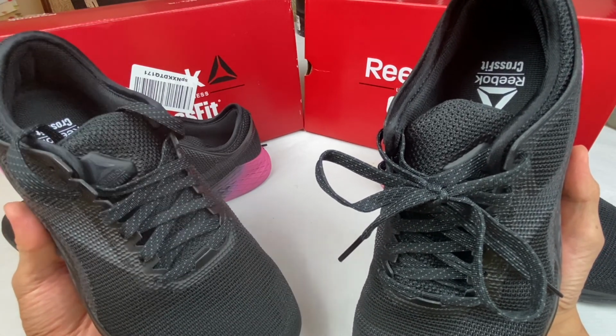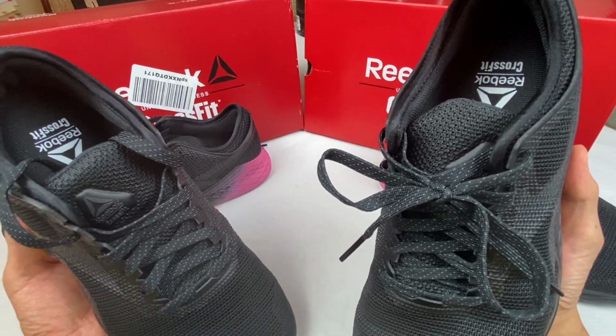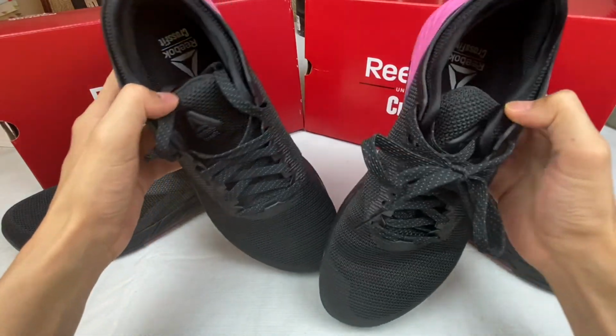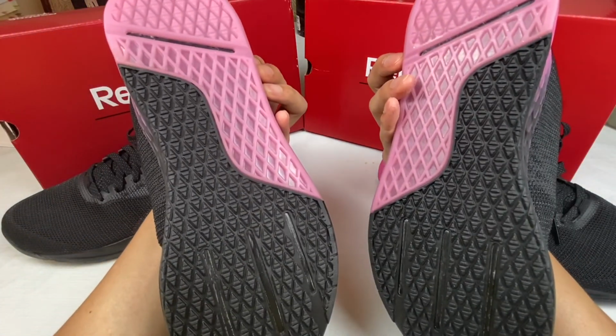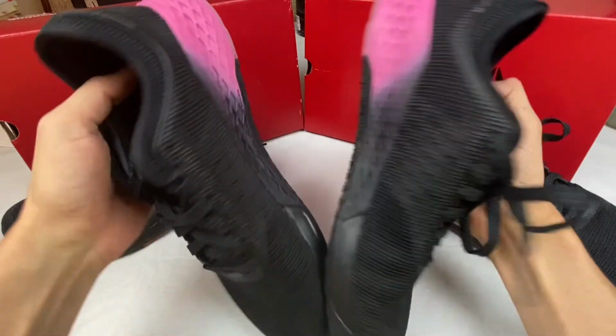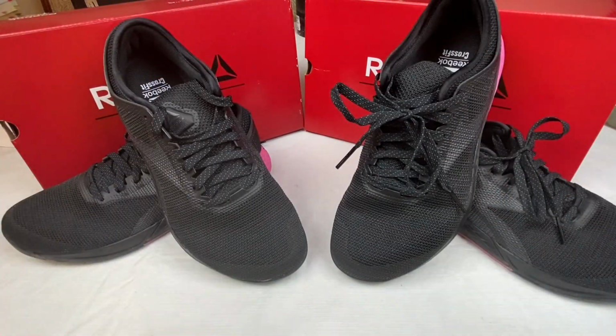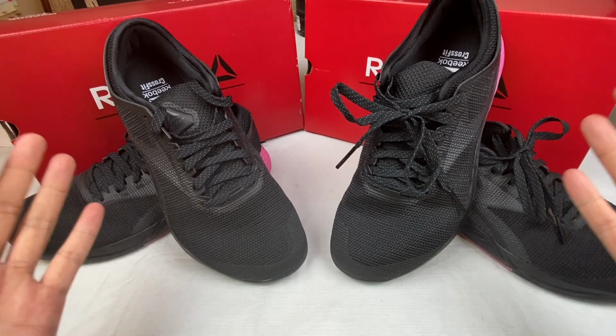After a hard day's workout, all of a sudden you realize the foam on the bottom is breaking already. So yeah, that would suck. But yeah, my conclusion is that you can trust Amazon when you're getting your shoes,